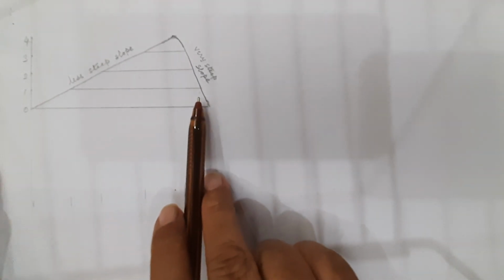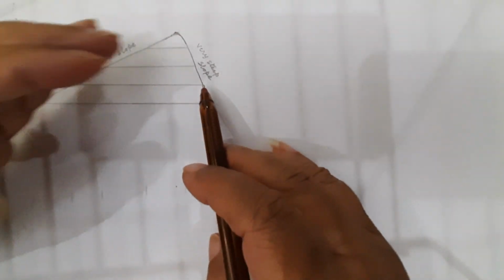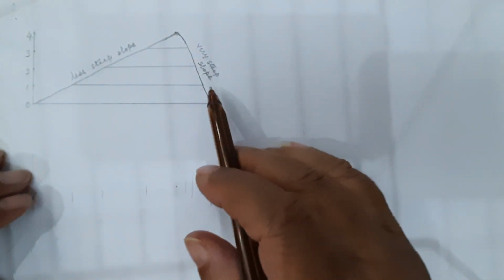Okay, children, in this I am going to show you, in the same feature, where the side of one slope is less steep and the other one is more steep, and how, when you draw the contour line, they will appear. So we start with the base. Imagine that this is an island which has one side of the slope very steep and the other less steep, and it is an oval-shaped island surrounded by water.